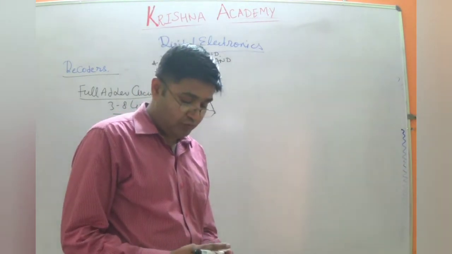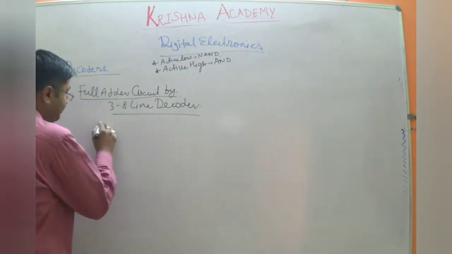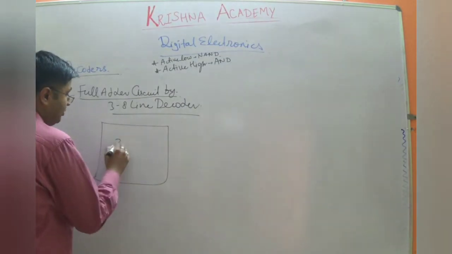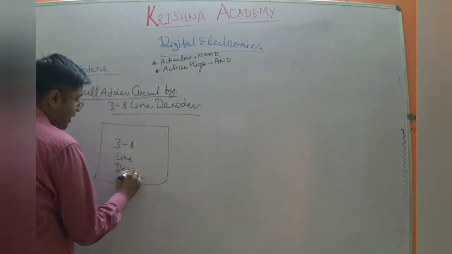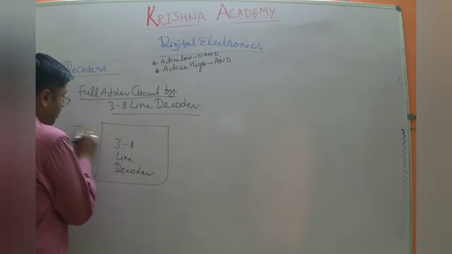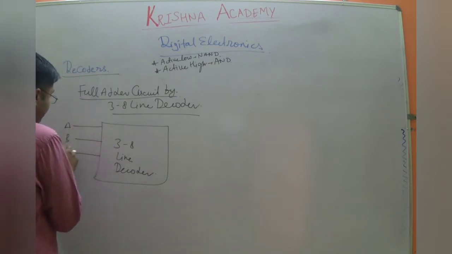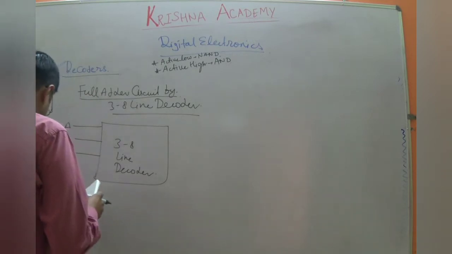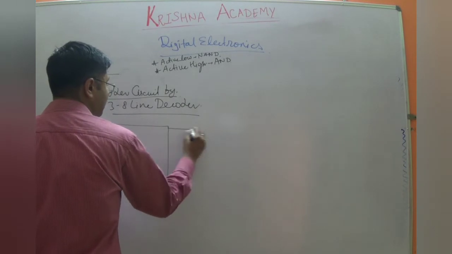So how are you going to implement it? As you can see in this particular circuit, this is the 3 to 8 line decoder available to you. Now 3 inputs were available, that were A, B and C, and the outputs are Y0,